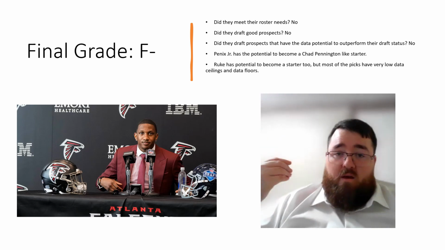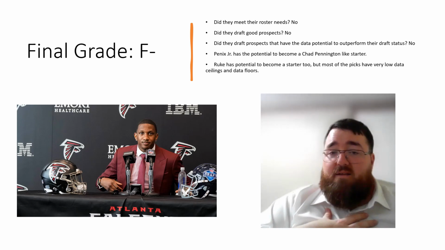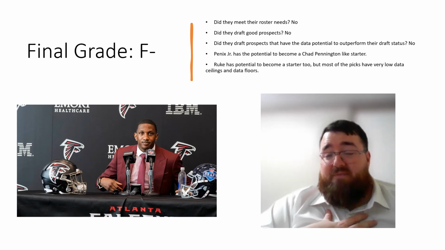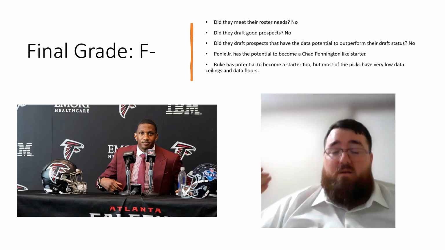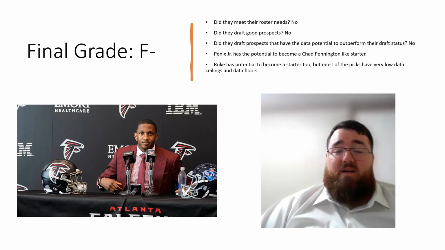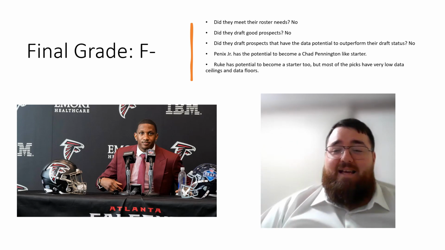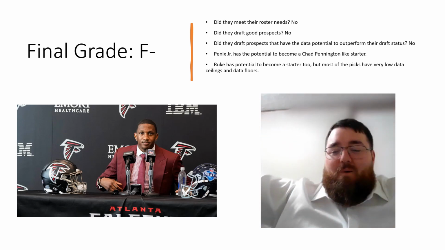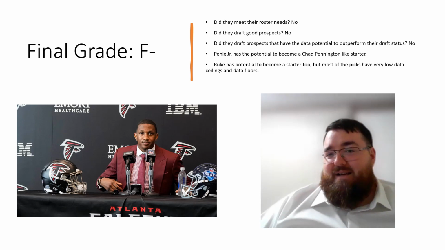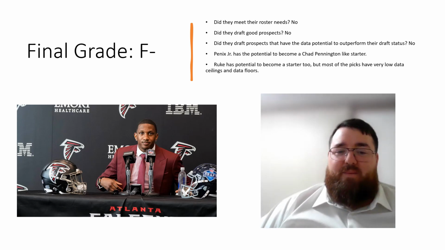But most of the data work that I've done, 93% of the time when I say a team had a bottom 5 draft class, they usually either have a bottom 5 draft class or they have a bottom 24 and below draft class. So either way, there's only a 7% chance that this draft class is going to outperform expectations based on data. And that's not exactly where you want it to be.